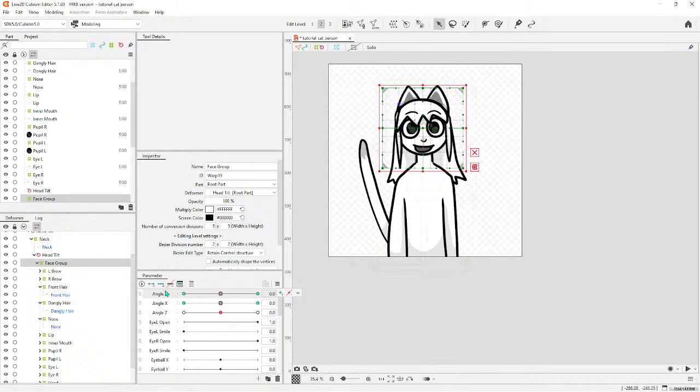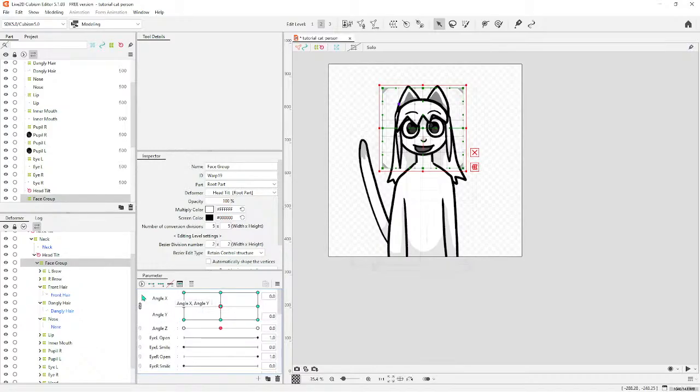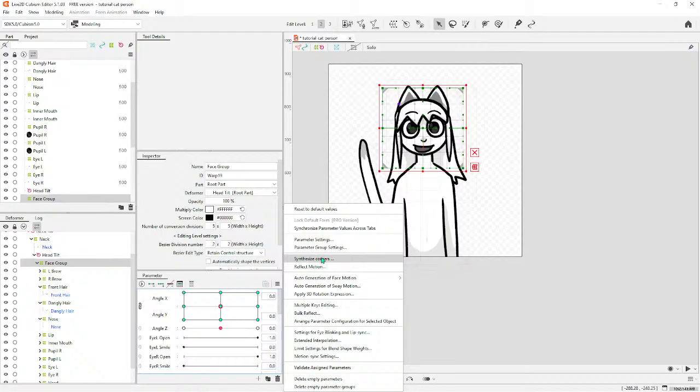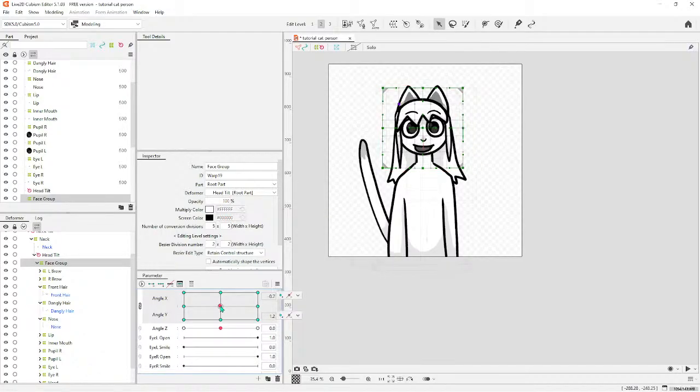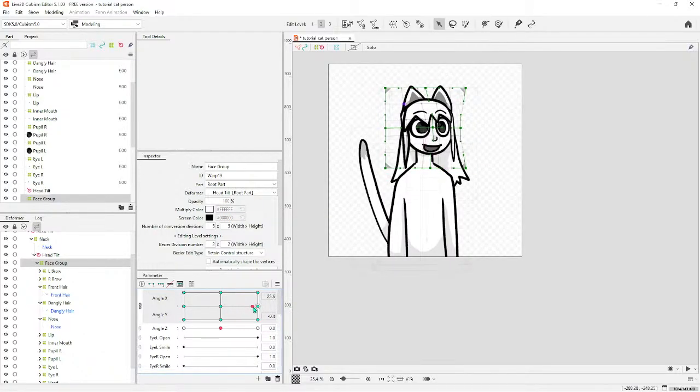Next up, we're going to want to link these. It's fine. You're going to want to link these two. So now, oh, right. After you've linked them, you're going to go up here and click Synthesize Corners. And I'm about to show you why you've got to do that. It's because before, if you